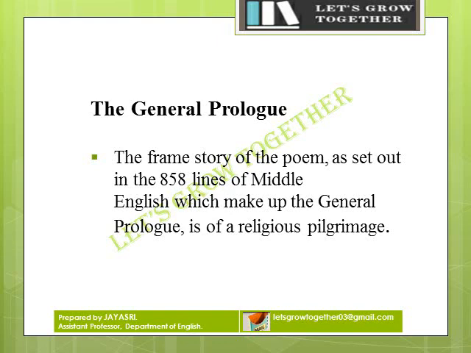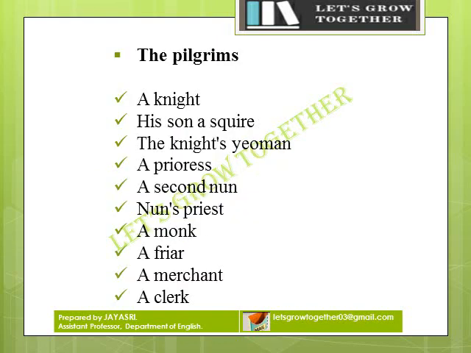Now, we are going to see about the general prologue. The frame story of the poem, as set out in the 858 lines of Middle English, which make up the general prologue, is of a religious pilgrimage. The pilgrims are a knight, his son a squire, the knight's yeoman, a prioress, a second nun, a nun's priest, a monk, a friar, a merchant, a clerk,